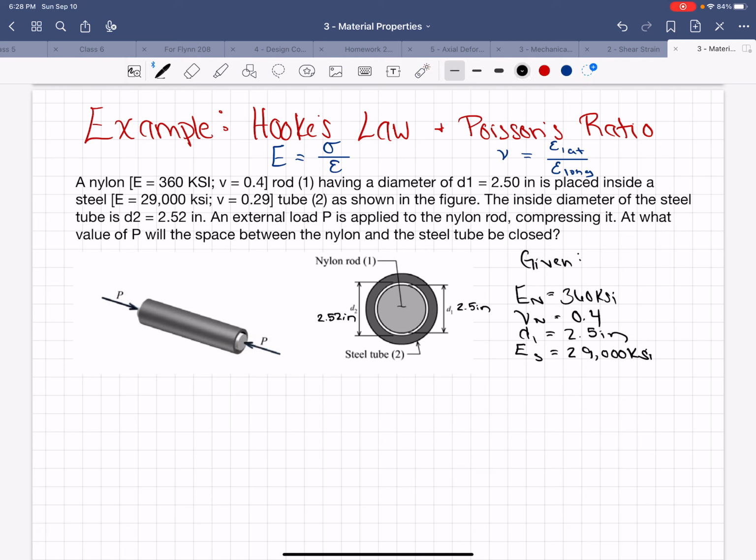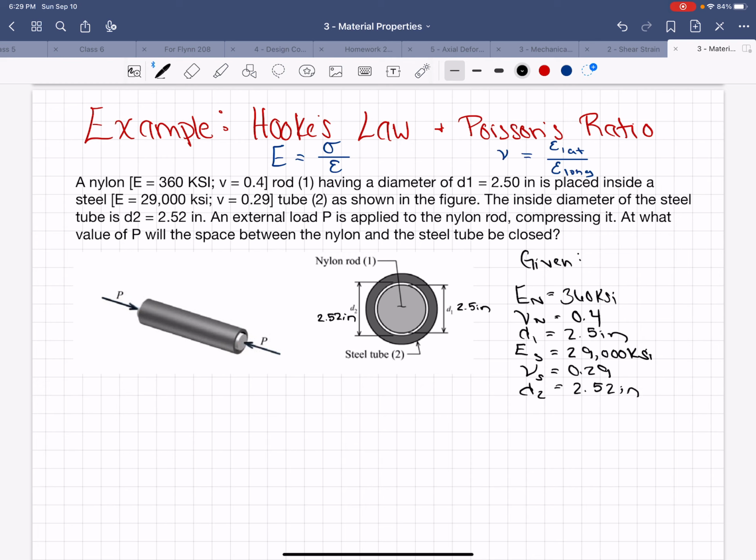Okay. And then we have a Poisson's ratio for the steel equal to 0.29. And that's tube 2, so that's the outside of this thing. And the inside diameter of the tube, we have D2 equals